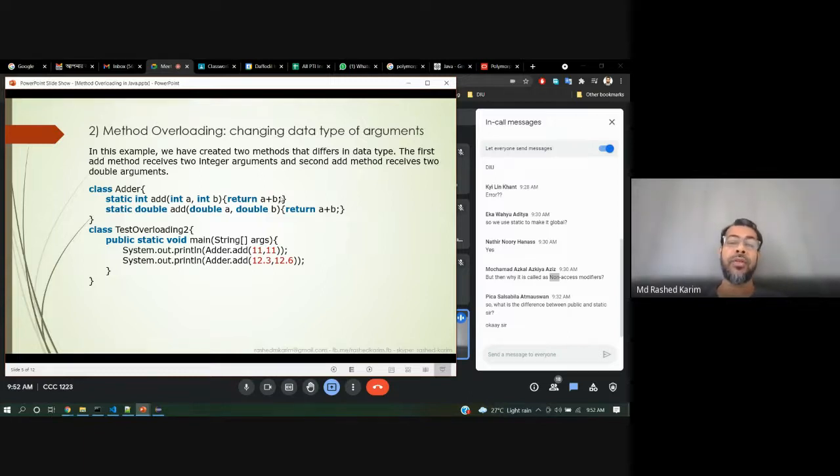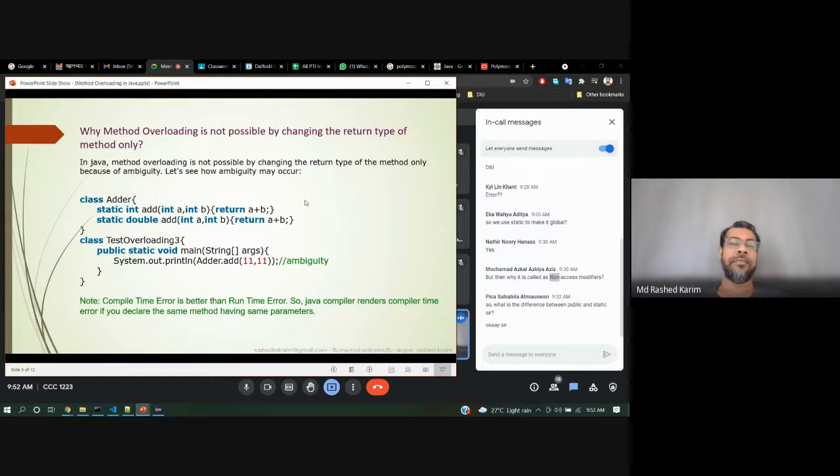The number of parameters will be the same, 2 numbers, 2 parameters, but of different types. So you can use that also. The number of arguments will be the same, but the type of arguments will be different. That means there are two ways you can do it.